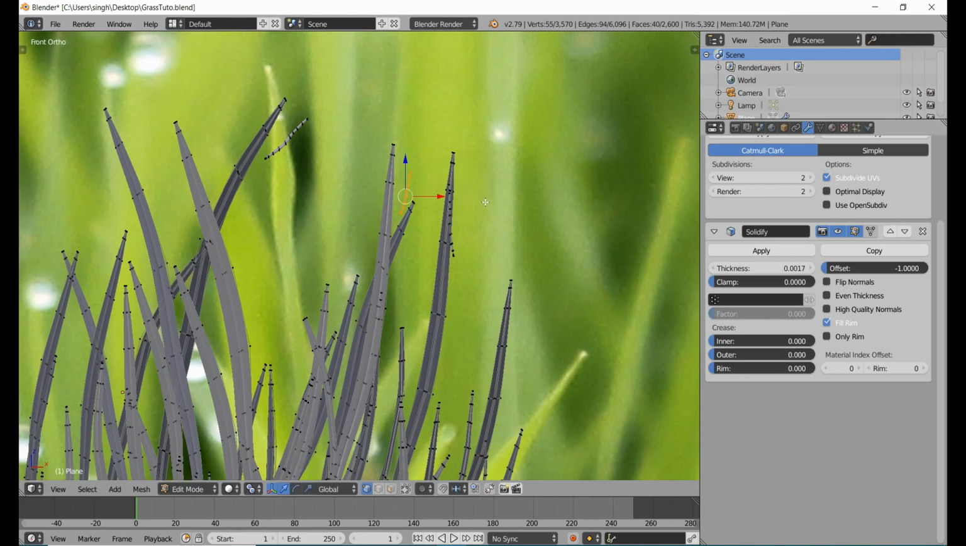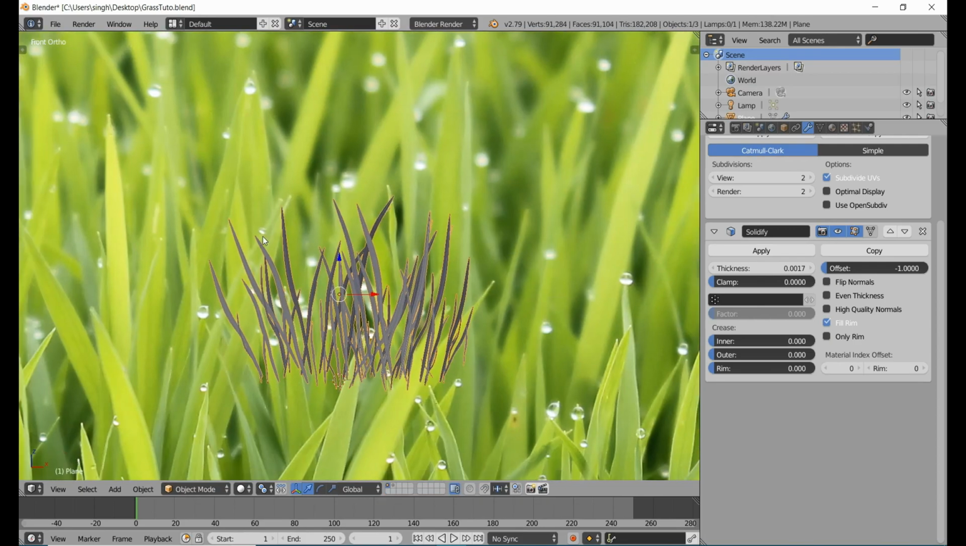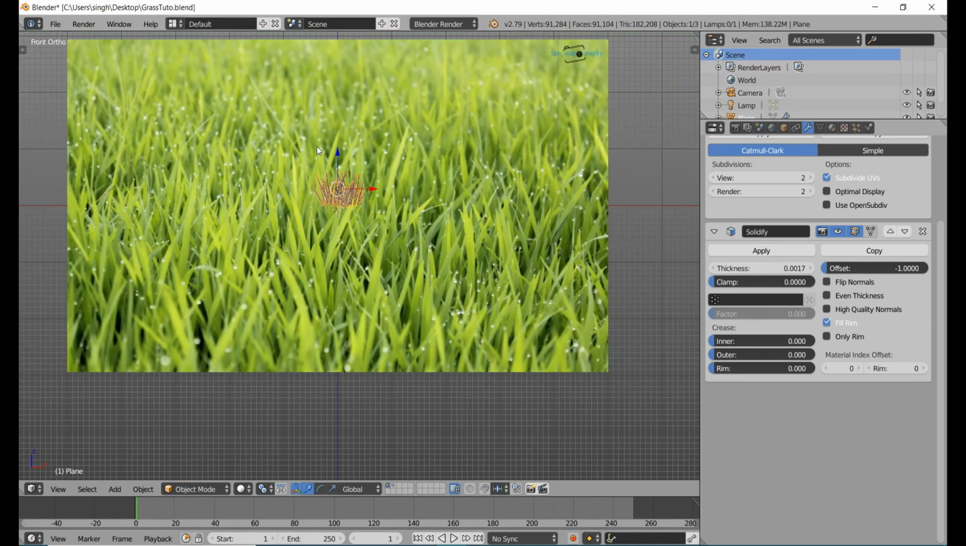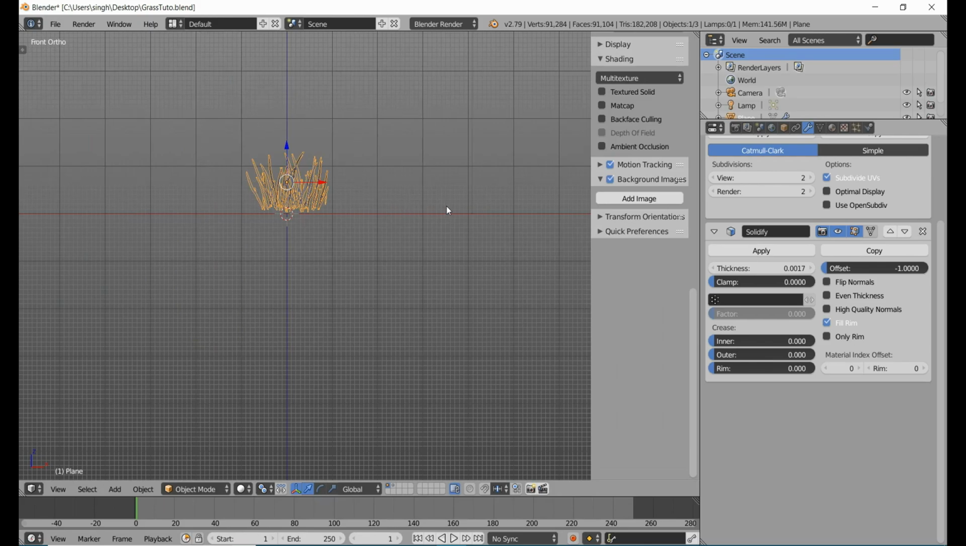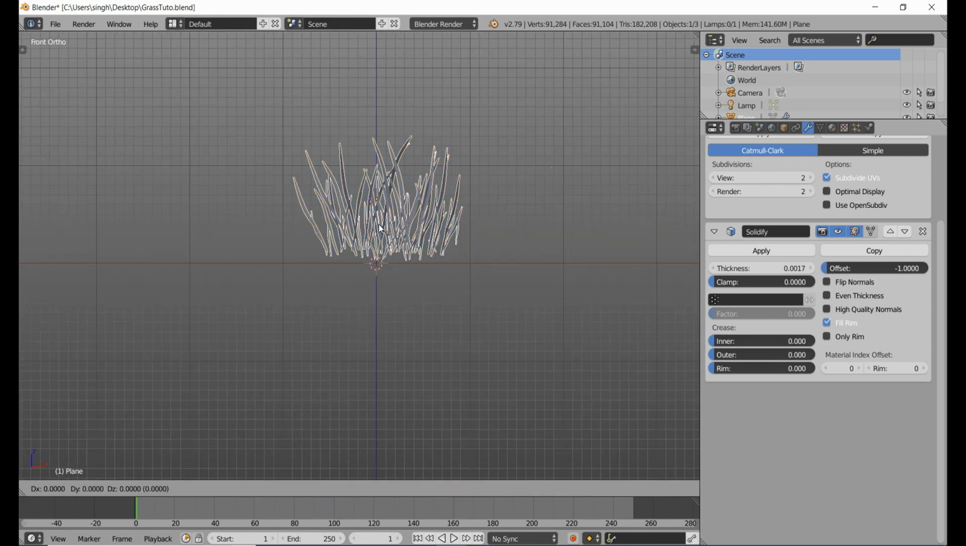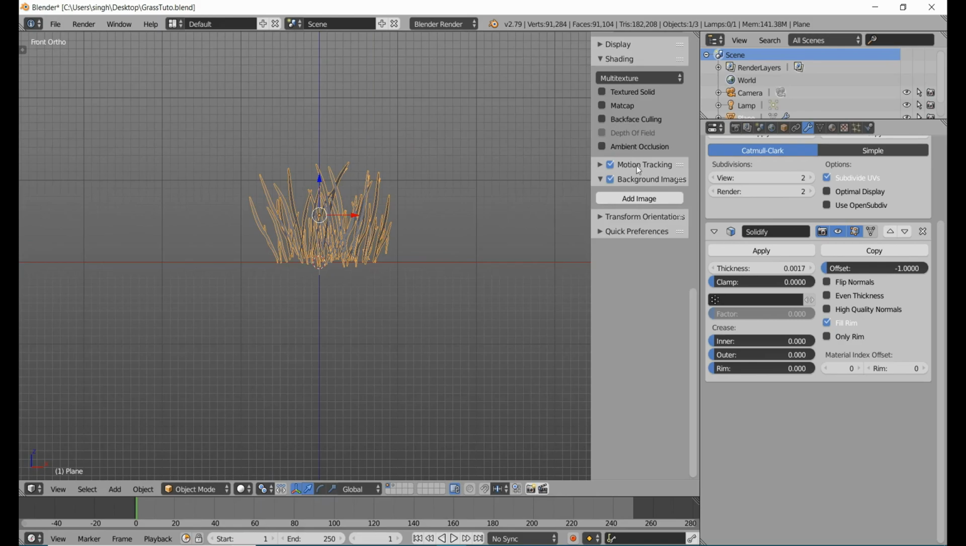Rotate, grab, L, grab, L, rotate. Now what you want to do is maybe scale this up a bit, grab Z. Now I don't want that background image, too distracting. Grab Z, and